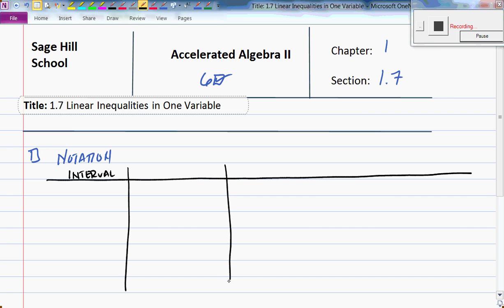Then we're going to take that interval and transform it into an inequality. We're going to take that inequality and ask ourselves whether or not it is what's known as bounded or unbounded. And then finally, we're going to do a number line graph, how it all relates to the number line. So the idea here is to be able to relate all four of these things and get information out of it. I think you've seen most of this before, with the exception of the way that we deal with intervals